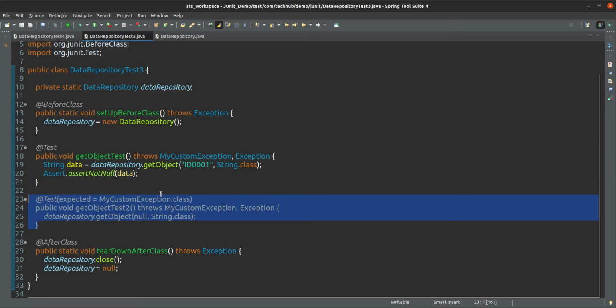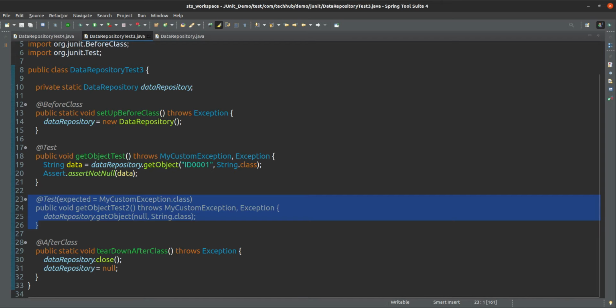Negative means either it is returning null, or it is throwing an exception, or some negative value. For negative test cases we are writing this. So this is the use of test category here. We have to define the category, like I want to execute only the negative test cases, or only the positive test cases, so we can do that.